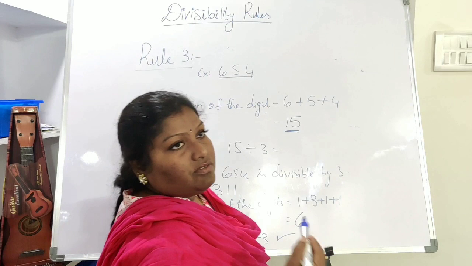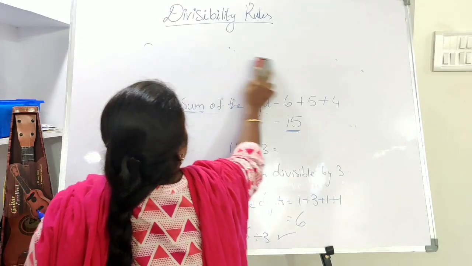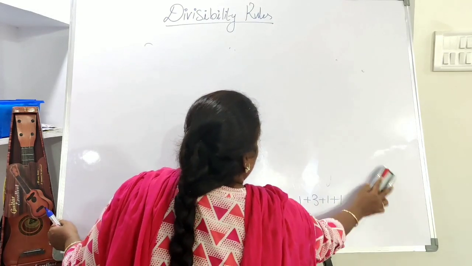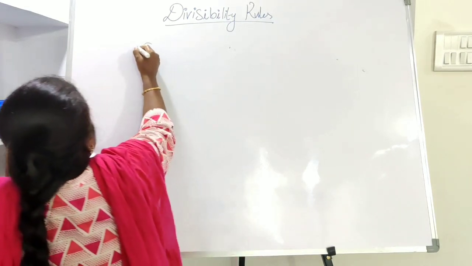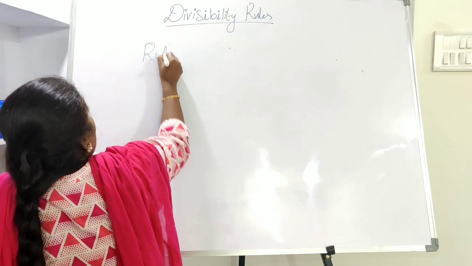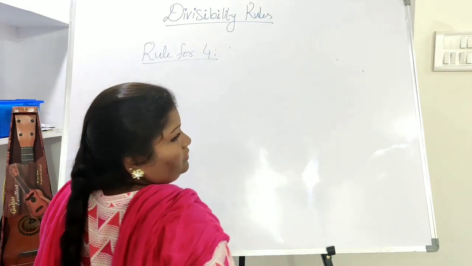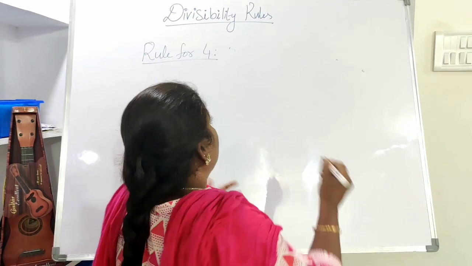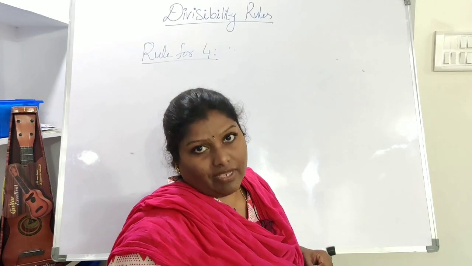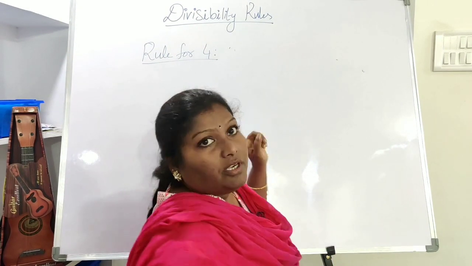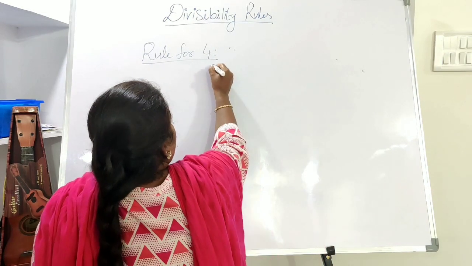So let's move on to the divisibility rule of 4. Rule for 4. Now, the divisibility rule of 4. In the case of 2 we checked only the ones place, but for the divisibility rule of 4 we are going to see the ones digit and the tens digit. Example: